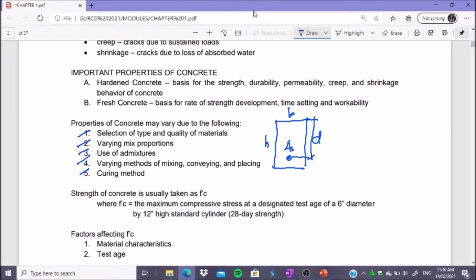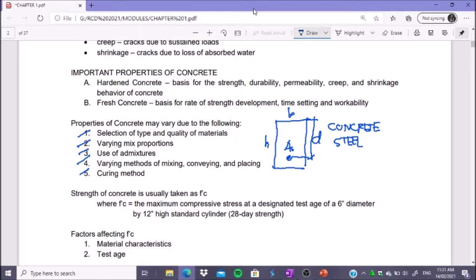Now, why is it said to be composite? Because of concrete and steel. So one is concrete, and the other one is steel. Now, why is it called reinforced concrete? Because the concrete is also provided with steel to reinforce it, for the purpose that